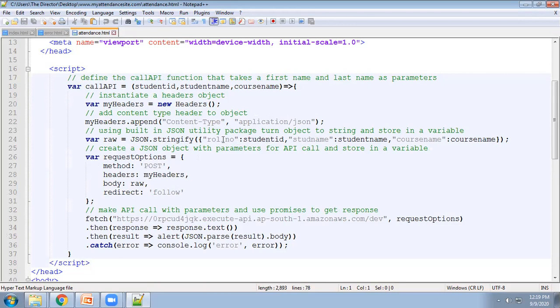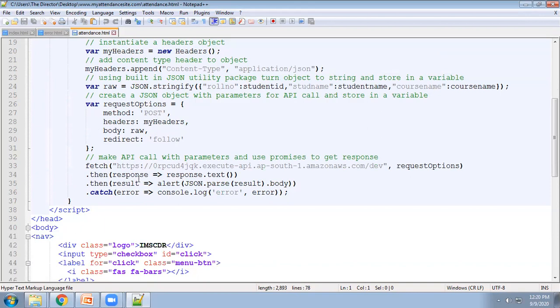I'm adding the student ID, student name, and course name to the database with the help of a post query. I have created the post query, and I have hosted the API. Then response.text: after the successful execution, if the record is added successfully, I am showing the result also. So the JSON result I am displaying.